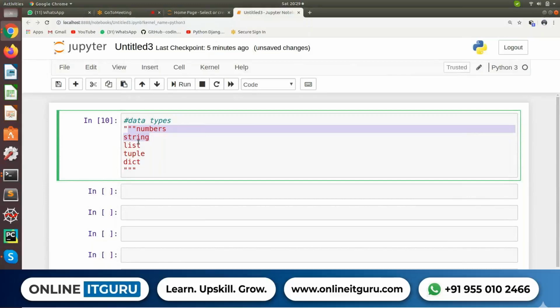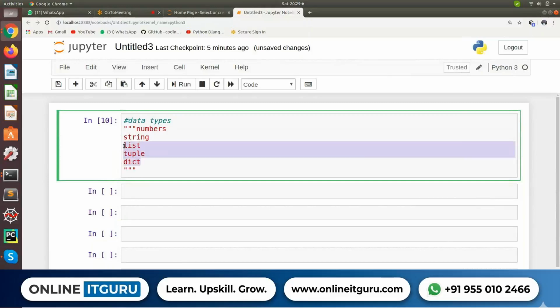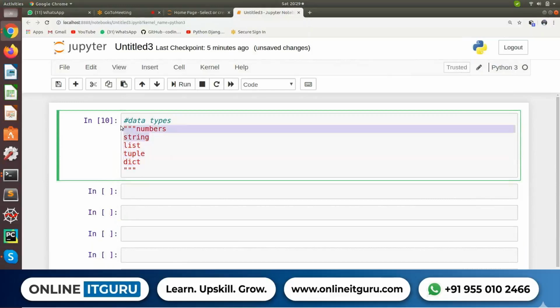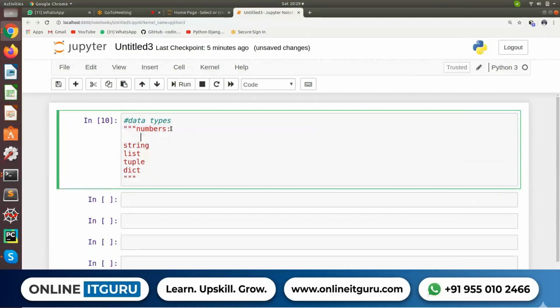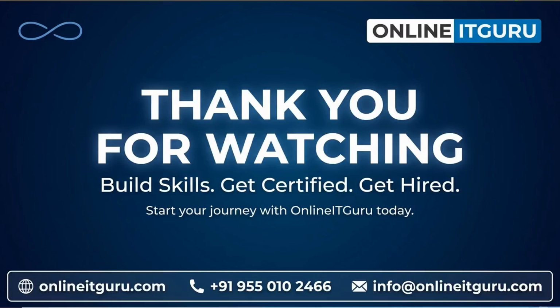We have something like a list as well, tuple as well, dictionary as well. These are important data types we will also discuss further. But now currently my main focus is on these two. From the starting, we have to cover these numbers and strings. Now inside number, we again have different types of data types, such as integer and float. Integer and float belong to the data type number. And string, you know that string is anything